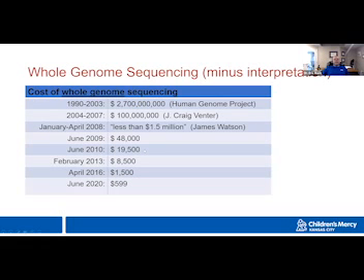So what have we seen as far as the cost here? This is something that to me is the most impressive: the first whole genome sequence that we did was the Human Genome Project, and it was 13 years and cost $2.7 billion, which is a lot of money and a lot of time. The second whole genome sequencing took 3 years and cost $100 million.